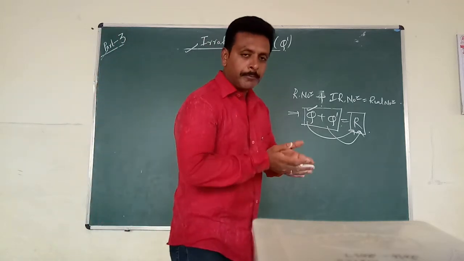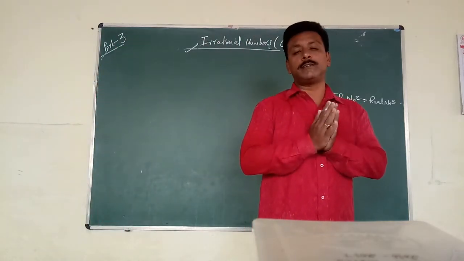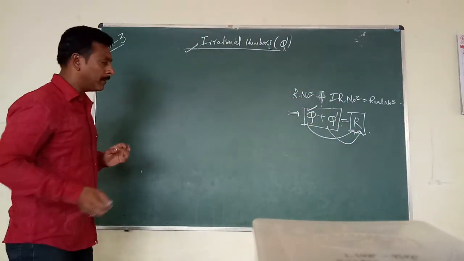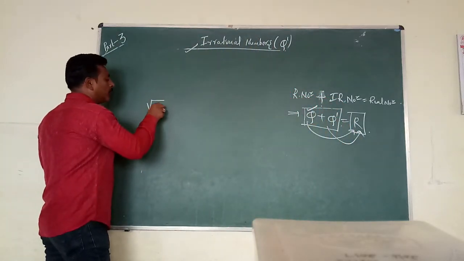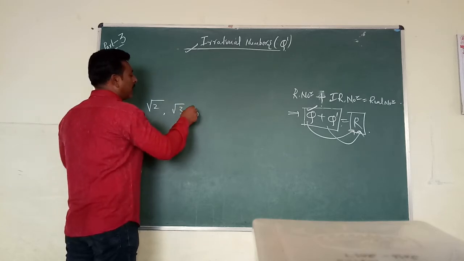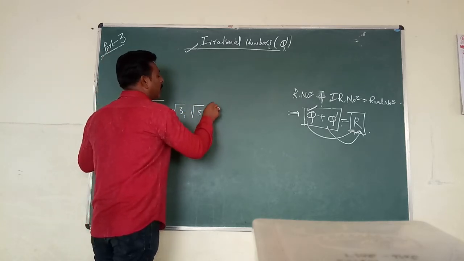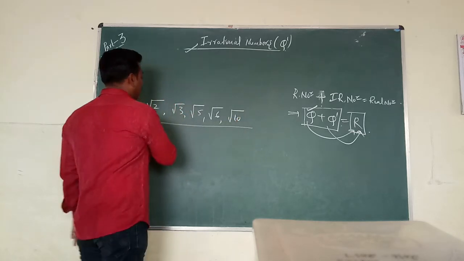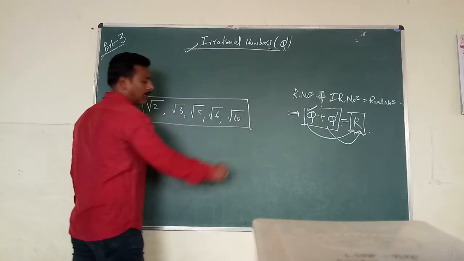जिस नंबर को हम p by q फॉर्म में एक्सप्रेस नहीं कर सकते वो नंबर कैसे रहते हैं? Already I said, रूट वाला नंबर, मीन्स रूट 2 हो सकता है, रूट 3 हो सकता है, रूट 5 हो सकता है, रूट 6 हो सकता है, रूट 10 हो सकता है. So such numbers are said to be irrational numbers.